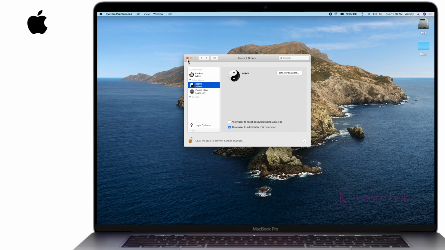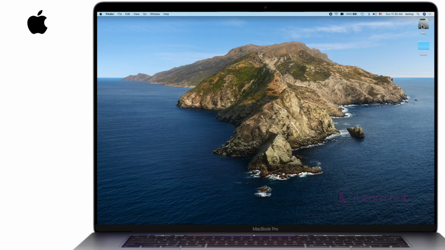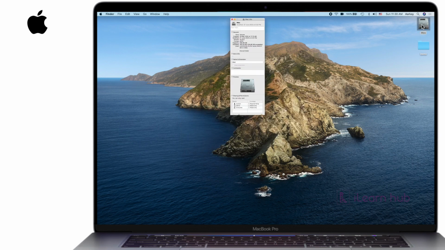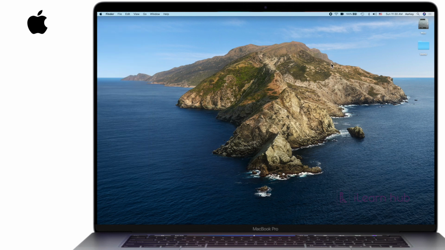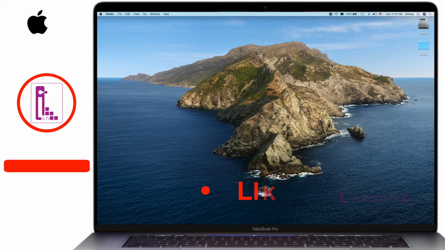And by the way, do you know how to see the space available? You can always use Command I, so that it says available space 180 GB and capacity of course 500 GB. I hope using this tip you can make more space. Otherwise, you can always purchase a new external hard drive and use Time Machine for backup, and see my previous video about how to do a Time Machine backup.